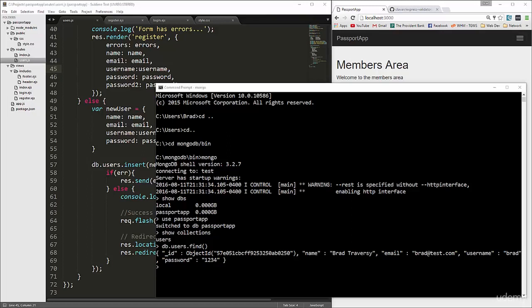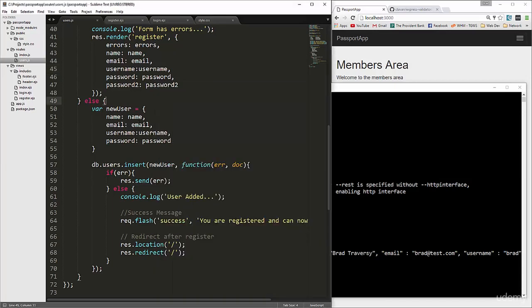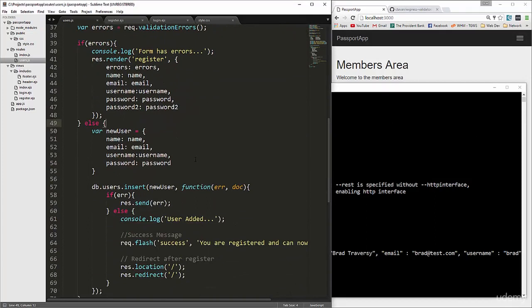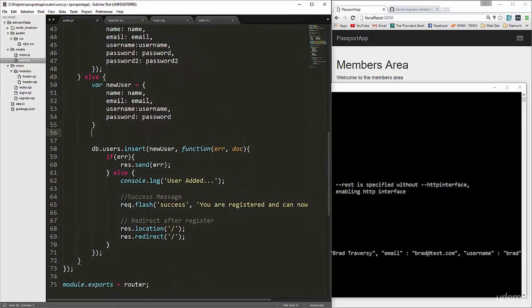Alright guys, in the last video we made it so that we could validate our register form and then submit a user, but notice that the user has a plain text password and we don't want that. We want to encrypt that using bcrypt. So we're going to go back to users.js in the routes folder, and let's go right under where we created